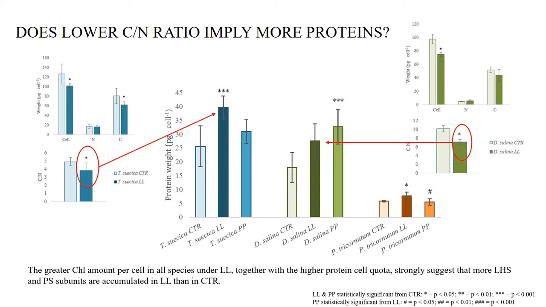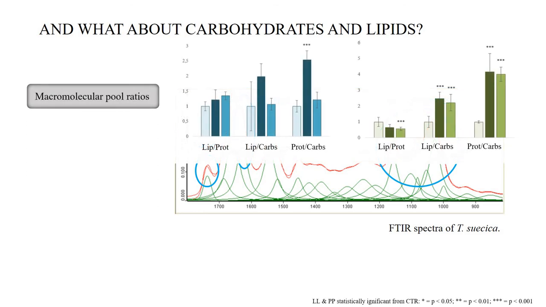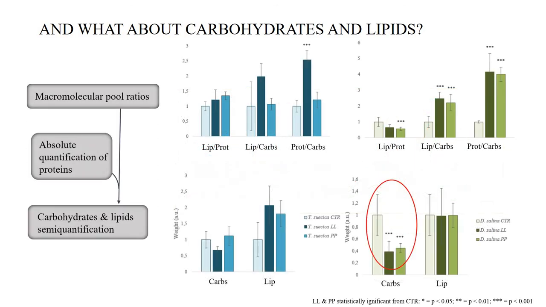This was additionally observed through the macromolecular pool ratios that were obtained through the Fourier transform infrared spectroscopy analysis, optimized for algal research in our laboratory by Professor Mario Giordano. This method allowed us to portray the cell composition of microalgae through the assessment of vibrationally active functional groups of macromolecules, which can be seen from this spectra over here. So based on the macromolecular pool ratios and the previously mentioned absolute protein quantification, carbohydrates and lipids were semi-quantified and